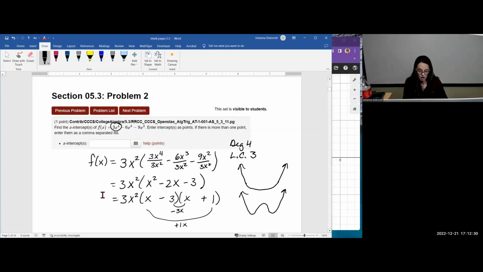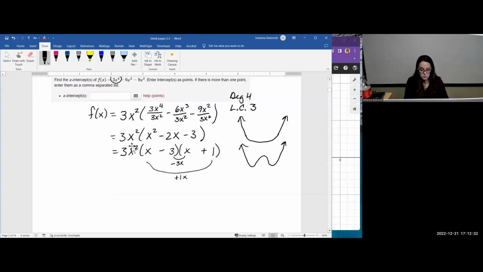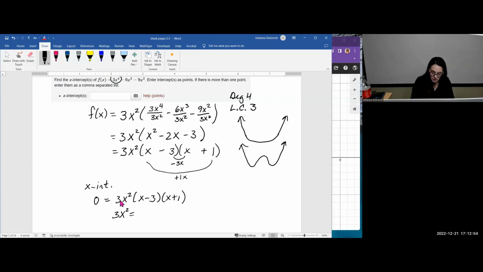So now I've got all factors. This one is quadratic, the 3x squared, the x minus 3 is linear, and x plus 1 is linear. Now to find the x-intercepts, I'm going to take each one and set it equal to 0. So I'm using the zero product property, or zero factor property. It's called both. So this means 3x squared equals 0, or x minus 3 equals 0, or x plus 1